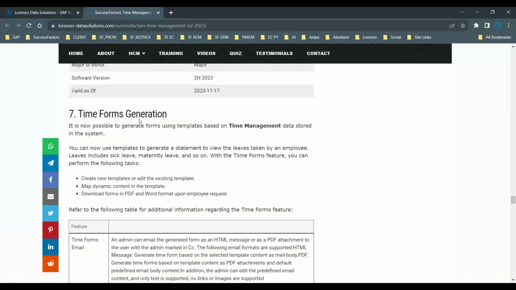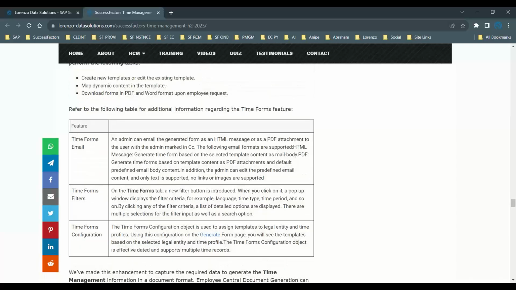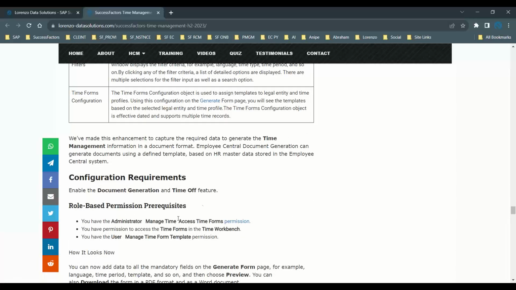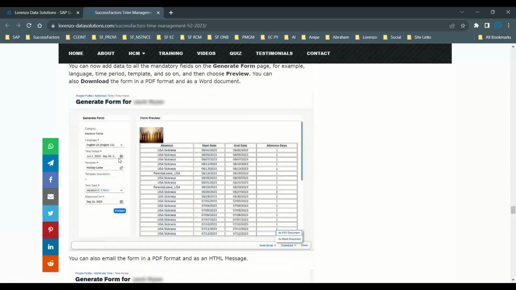Next, including the time forms generation. From this H2 2023 release, it is now possible to generate forms using the template-based time management data stored in the system. Very similar to the previous one, like time forms for email, time form filtering, time form configurations. So it's very similar to the previous one. You can see here,